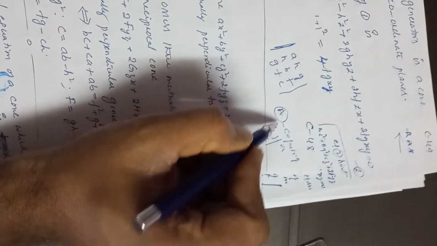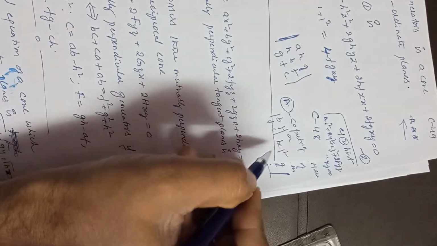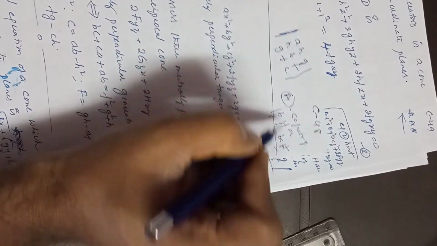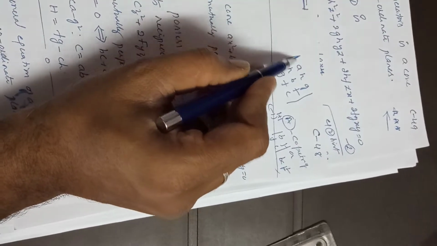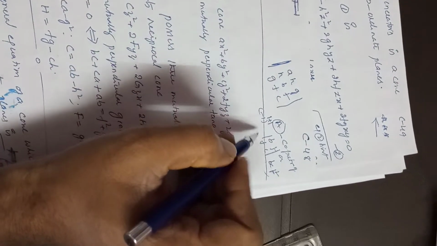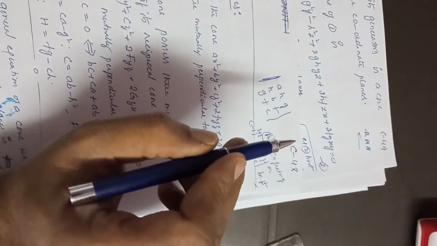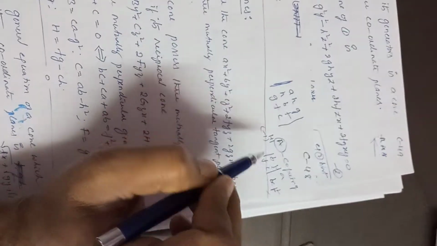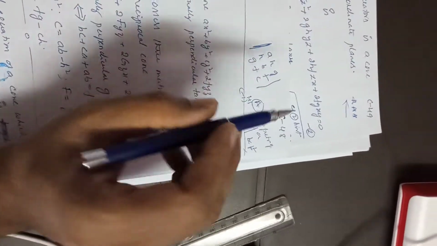B, F, F, C, right? The determinant of this matrix, what will you get? BC minus F square, right? This BC minus F square is multiplied by minus 1 to the power of 1 plus 1. That means this element belongs to the first row and first column. That means cofactor means what? The minor of an element is multiplied by minus 1 to the power of i plus j, where i is the ith row, j is the jth column of the element. Now the cofactor of this one is BC minus F square.